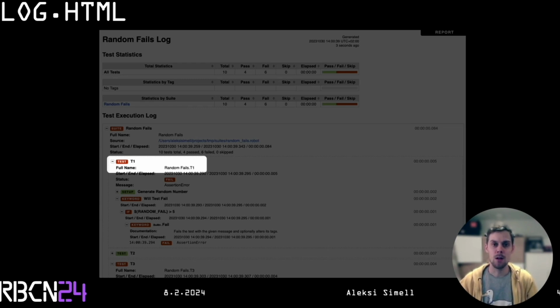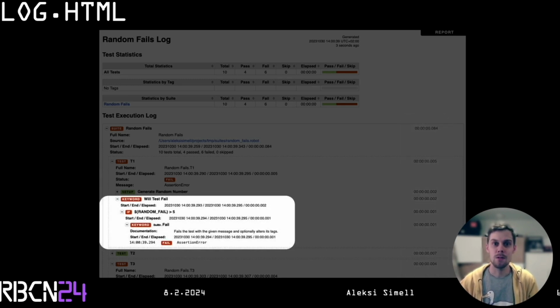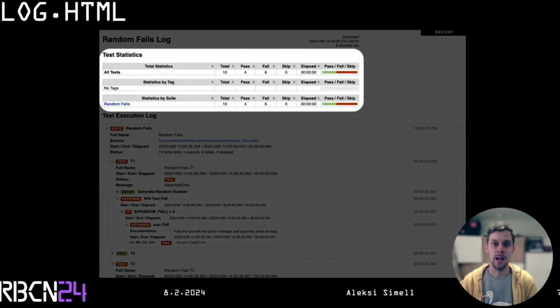The Robot Framework log file contains, in addition to the executed test case names and the results, for example, the keyword execution times and test and suite execution times, any errors and log traces for your errors and even screenshots and videos, and some statistics for tags, suites, and tests, and so on. And this is all before all your custom metadata, custom logging from your own keywords, Robot Framework keywords, your custom listeners, and whatever you call.